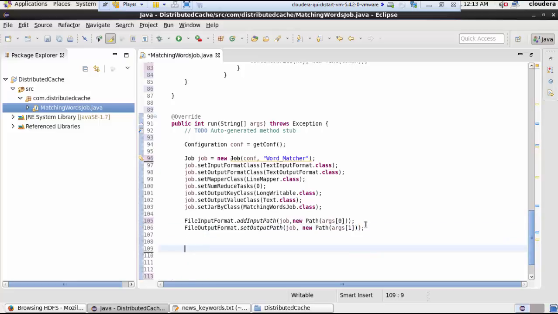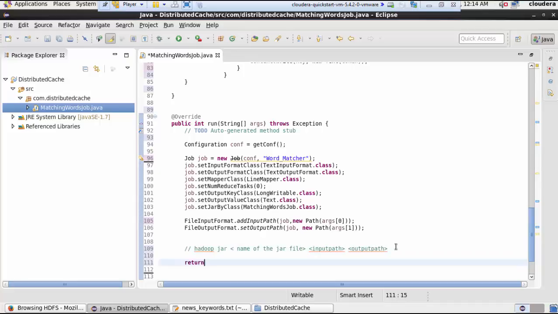When you have to run a job, you write here this command: hadoop jar, the name of the jar file. Then you specify the input path, on which directory or which file you want your job to run upon, and then you have to specify the output path where the output of that job should get stored, right? So the very first one is referring to the input path, and the other one is the output path, which is here. If you see, this is the 0th index and this becomes the first index of the path. Alright,